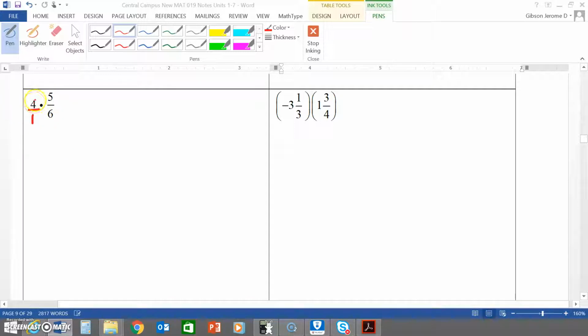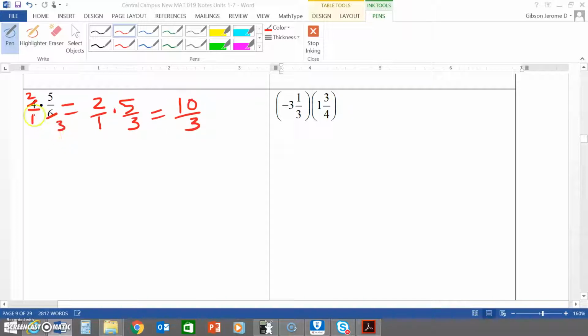We could do some simplifying. 4 and 1 have nothing in common, but 4 and 6 have 2 in common. So 2 goes into 4 twice, and 2 goes into 6 3 times. And 5 has nothing in common with 3 but 1, and then 5 and 1. So now our new fractions would be 2 over 1 times 5 over 3, which will give us 10 over